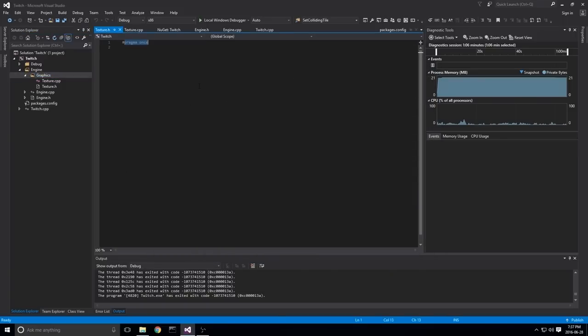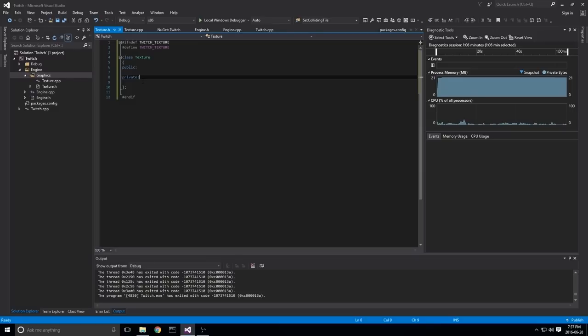Okay, and again, .h likes to add the pragma once, so we'll go #ifndef TWITCH_TEXTURE, define it, and #endif. Okay, class Texture, public, private. This is basically how I start all my classes. Like my header file, set this up, and then set up my class public, private, and then I'm good to go.